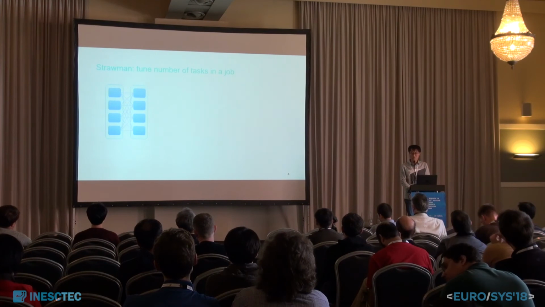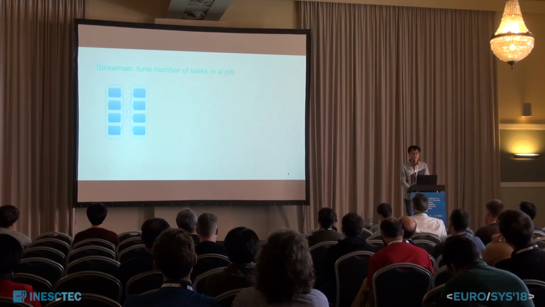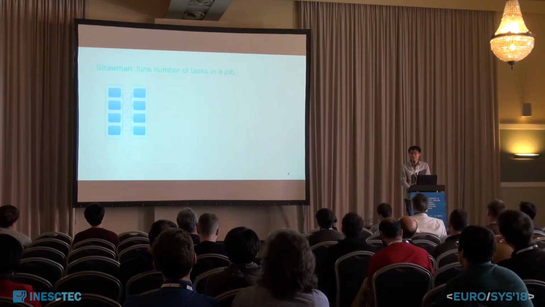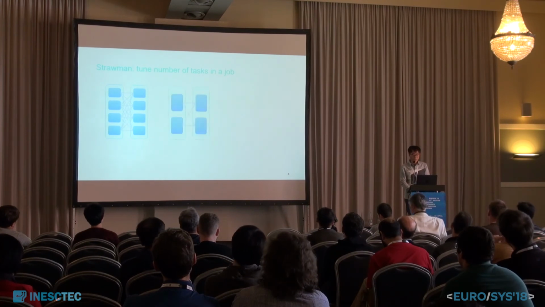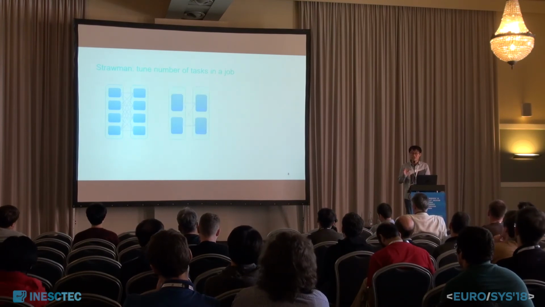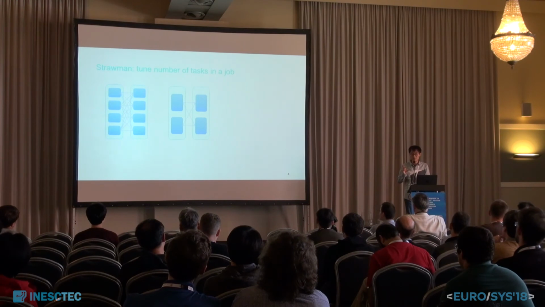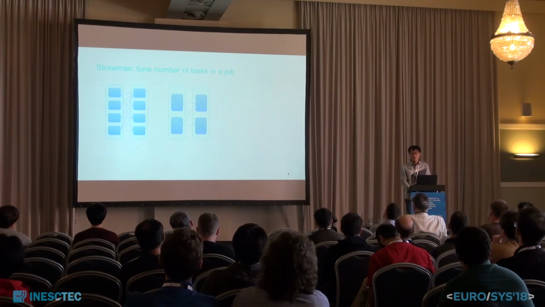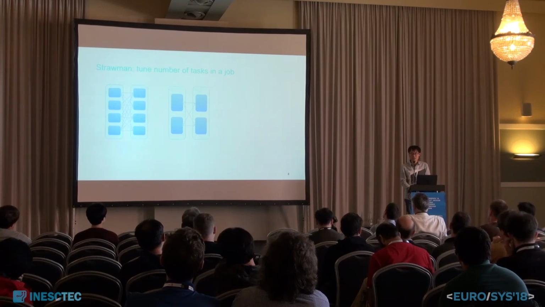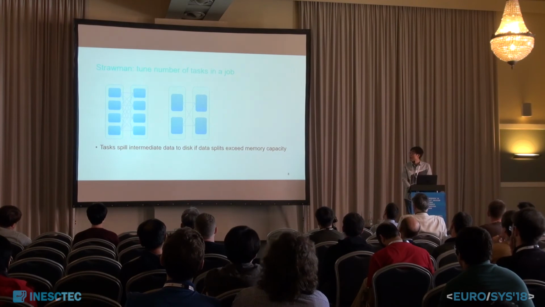So one strawman solution to mitigate this problem is that when your data grows, you don't let the number of tasks grow. Instead, you fix the number of tasks and just let the individual task partitions grow. The problem with this solution is that when the task exceeds the executor's memory space, you will incur an additional